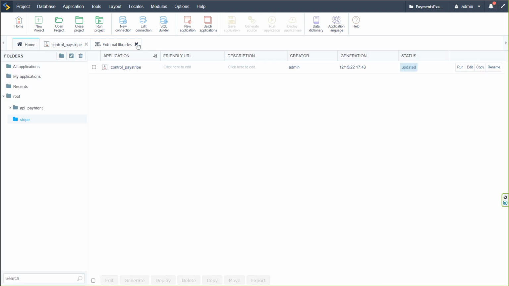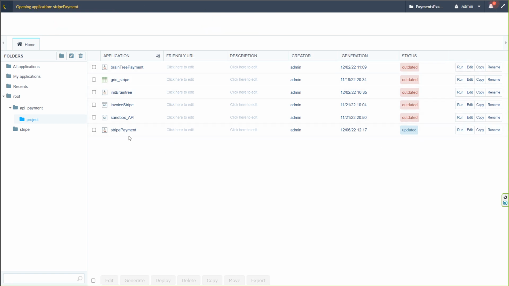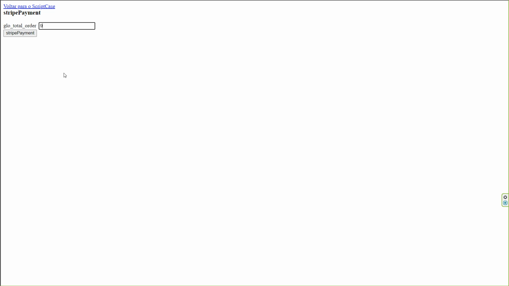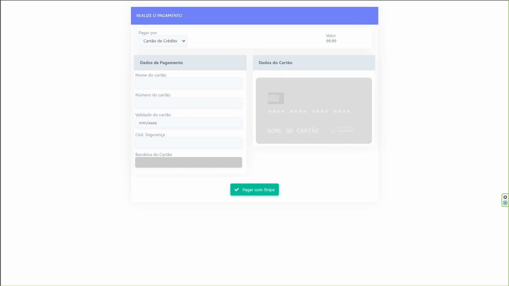Now if I close that, if you go ahead and check out the other API payment folder here, there is an extra folder called project, and within this we also have a grid Stripe, the sandbox API, the Stripe payment and invoice Stripe, and also options for Braintree. Now if I go ahead and run these, they're all going to be in Brazilian Portuguese and you may understand them. So the Stripe payment is pretty much the same as what we had just now, and in this case, as I said, there is a prepayment option. So this gives you the option to pay later,